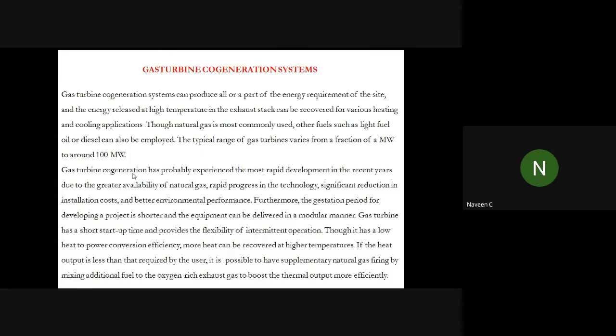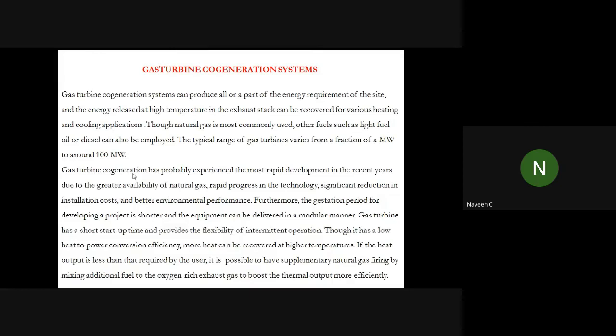That's why, even though it is less efficient, we use the gas turbine in CHP. Most CHP is based on gas turbines. Even MIT, as I said, is using a gas-based turbine with natural gas. You can check the details if you are really interested, though it is outside your topic.